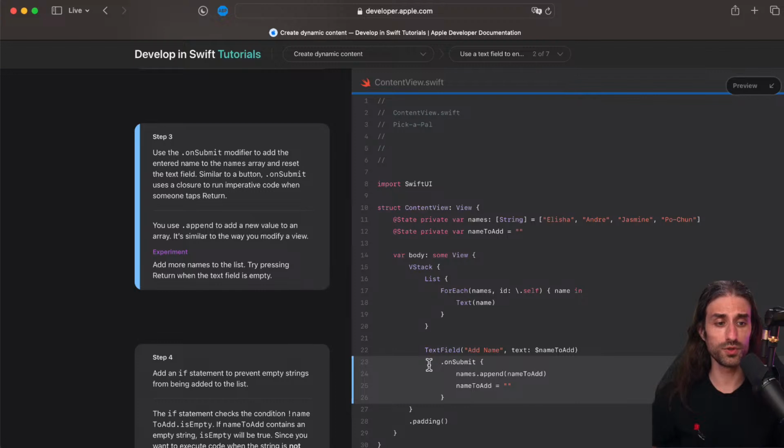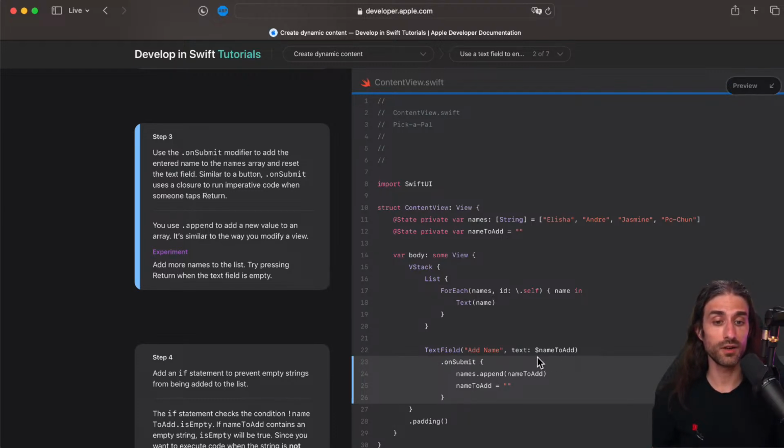This also is a good opportunity for me to give once again an explanation of why some arguments are passed in the init and others are passed through modifiers, because you might be wondering, well, for the button I had to pass the closure through the init. Why is it not the case here? It's because for a button, the closure to be triggered when the button is tapped is part of the core feature of the button. Arguably, a button without a closure to call when the button is tapped has no purpose. So that's why it has to be provided in the init.